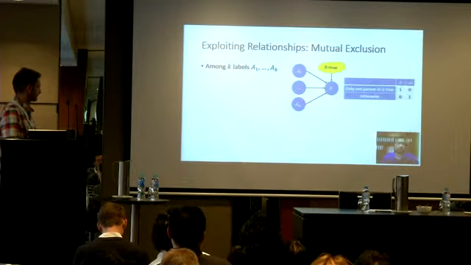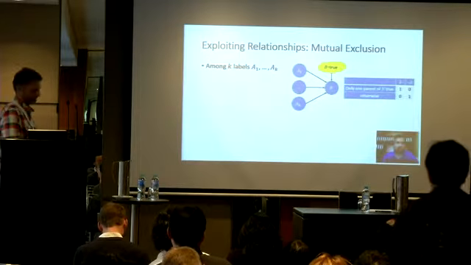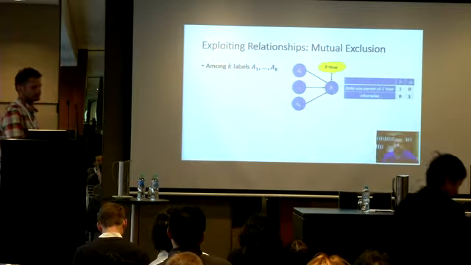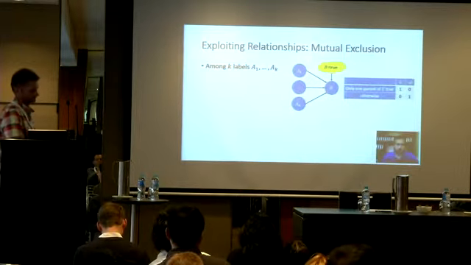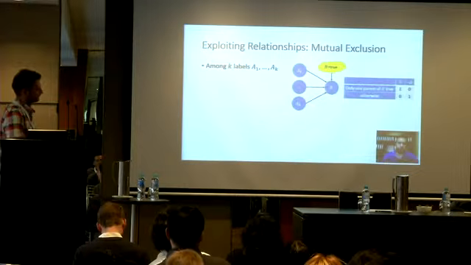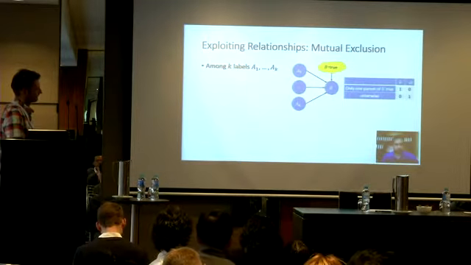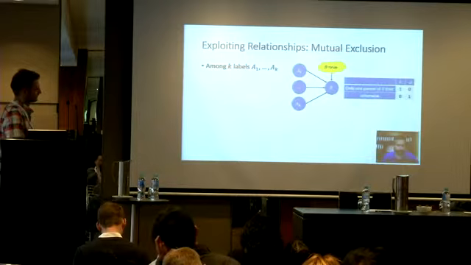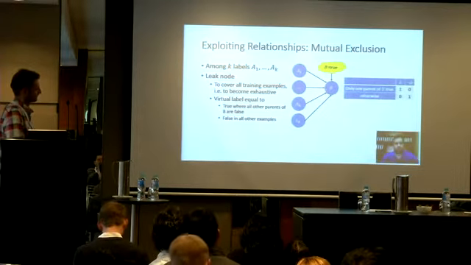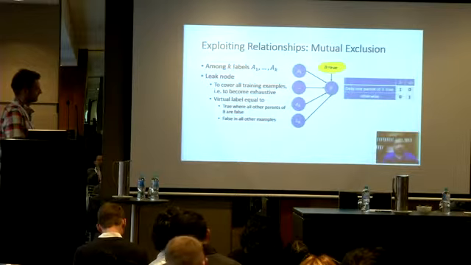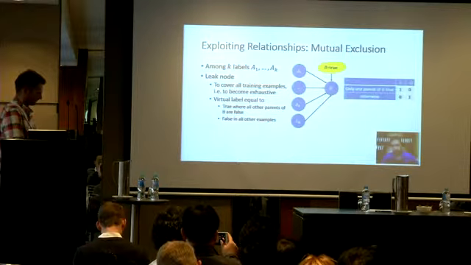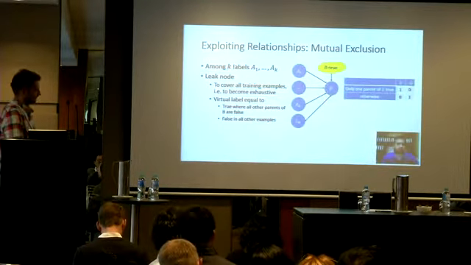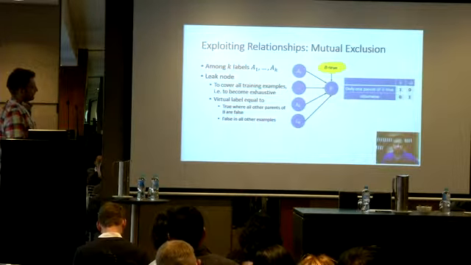To exploit mutual exclusion among K labels, we introduce a common child for all of these labels and observe the evidence that this child is true. The probability of this child B being true is equal to 1 when only one of its parents is true and equal to 0 otherwise. As before, we introduce a leak node so that the relationship covers all training examples. This virtual label is true when all other parents of B are false, and false in all other examples. Preliminary experimentation showed us that the introduction of leak nodes leads to improved results.